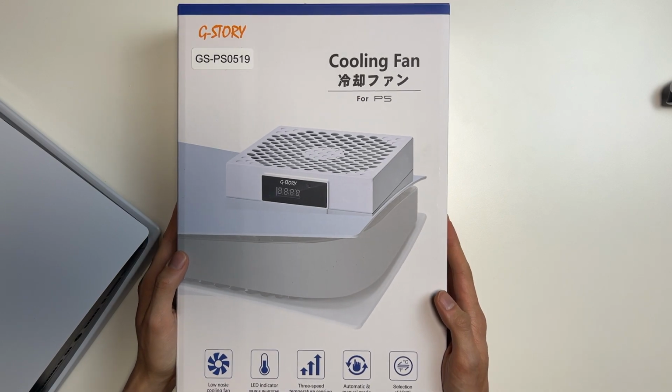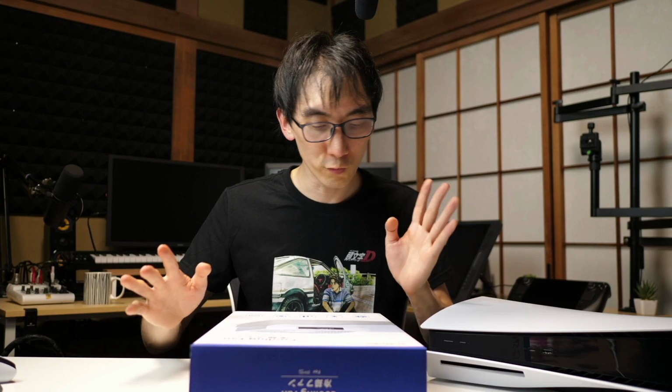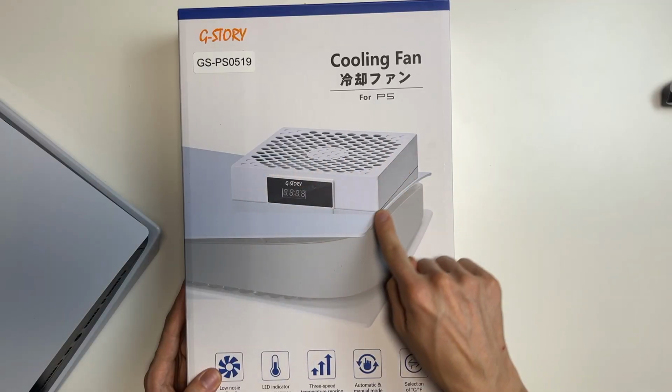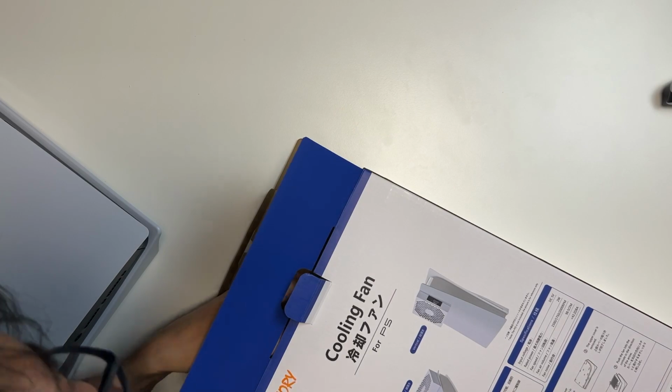So this is the product. It's the G-Story GS-PS0519, really catchy name. It looks a little bit like an alarm clock. Let's go ahead and pull it out of the box, shall we? Now, I cannot fathom for the life of me why it needs to be such a large...